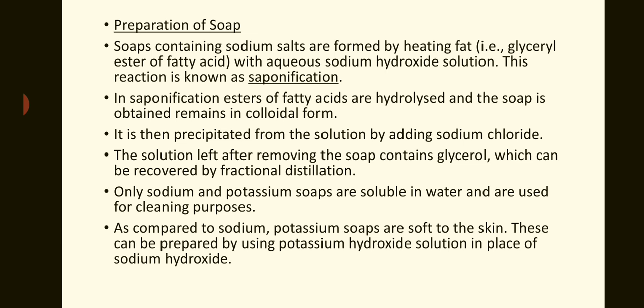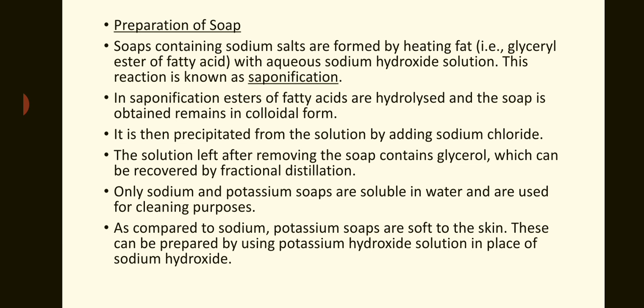Now, what is the preparation method of soap? It is also called saponification, साबुनीकरण. साबुन बनाने की प्रक्रिया को saponification या साबुनीकरण भी कहते हैं. Soaps containing sodium salts are formed by heating fat up to 80 degrees centigrade. So first of all, we'll take vegetable oil or fatty acids which contain at least 15 to 17 or 18 carbon atoms. We'll heat it,